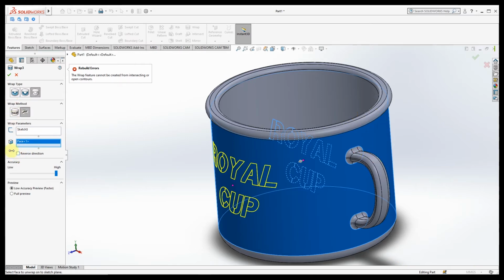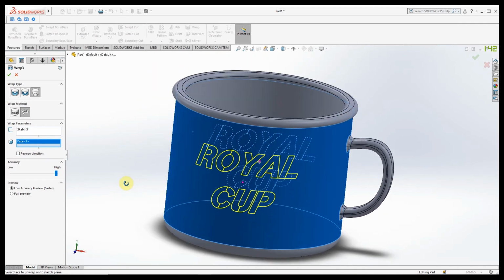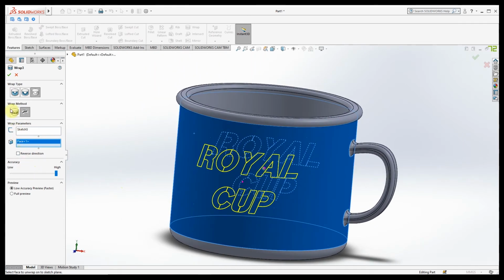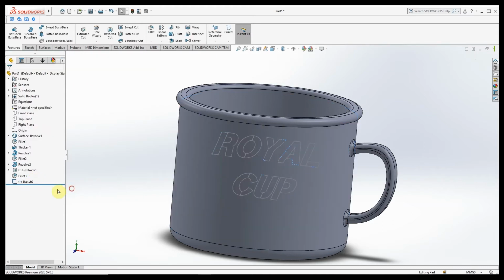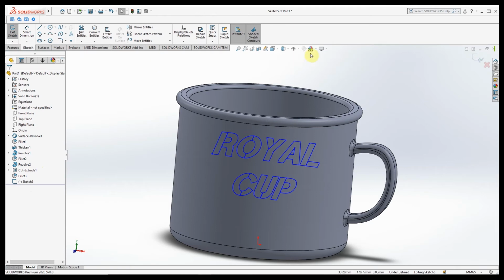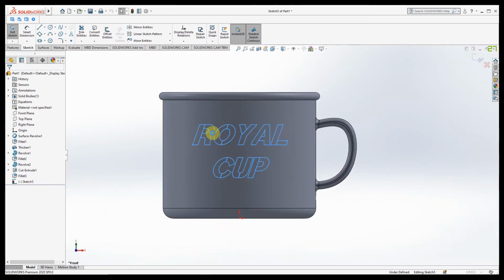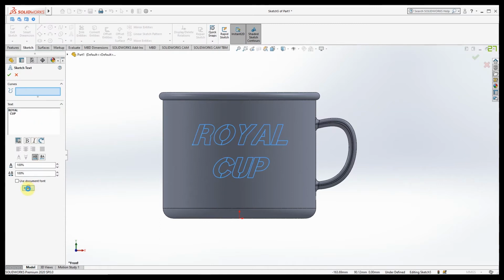That is not a closed sketch. So the two sketches are using the same boundary lines. In O, we can see that clearly. There is only one. You can see that O is made exactly half, so for that half we used only one boundary line. If it was two boundary lines, then we could make the sketch embossed on the surface of the cup. But now we can't make it.